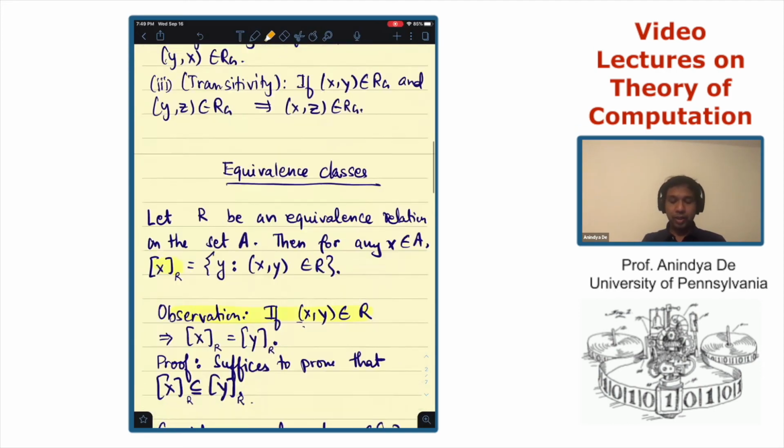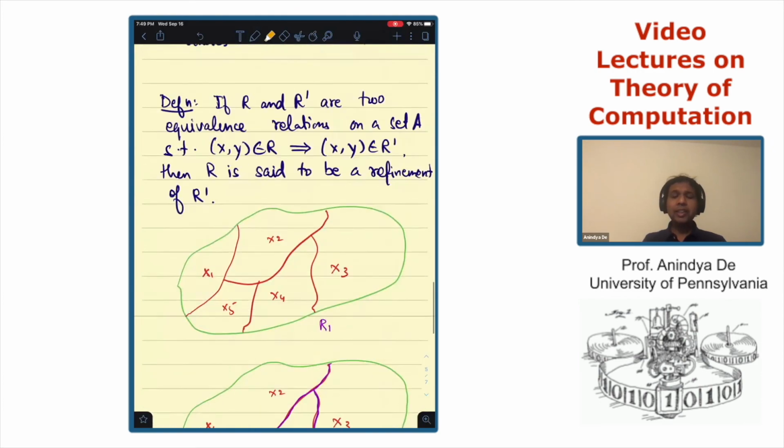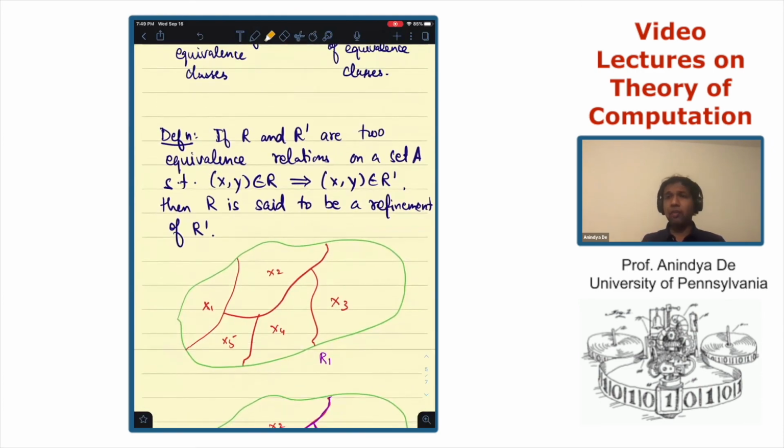The final thing I need, this final definition I need, is the notion of refinement of partitions. In particular, if R and R prime are two equivalence relations on the set A, such that whenever x comma y is in R, x comma y is also in R prime. So any two elements which are related in R, they're also related in R prime. Then we say that R is a refinement of R prime. The reason we say this is that